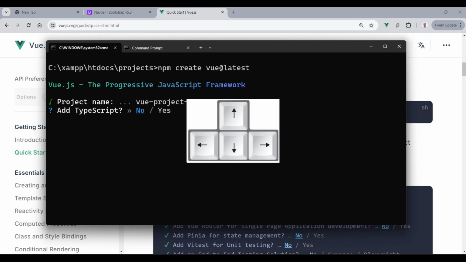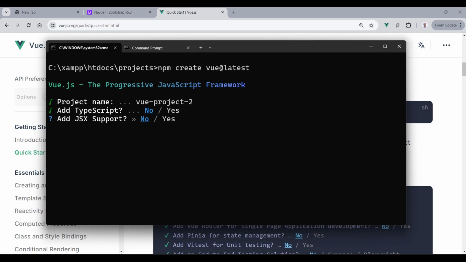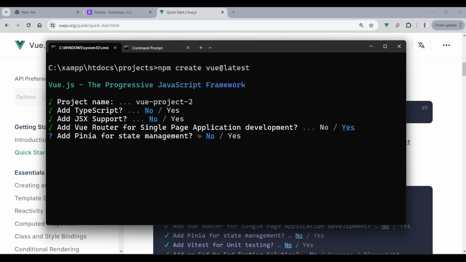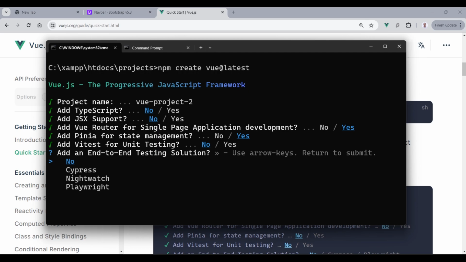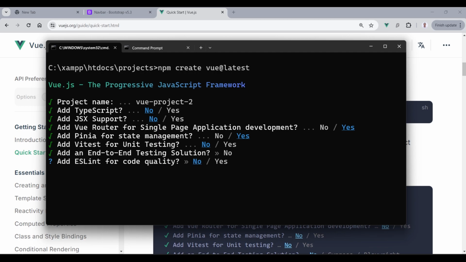The next thing, it's going to suggest you to select TypeScript. We are not going to use TypeScript. Now we're going to select no. Add JSX support, no. Add Vue Router for single page application development, yes, we are going to use it. We already learned it. Yes. Add Pinia for state management, yes. Add Vitest for unit testing, no. Add Cypress for end-to-end testing, no. Add ESLint for code quality, yes, we are going to select it. And add Prettier for code formatting,